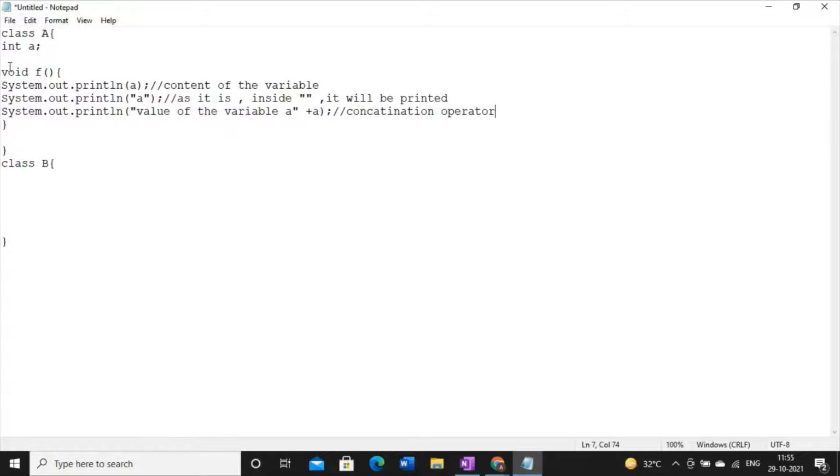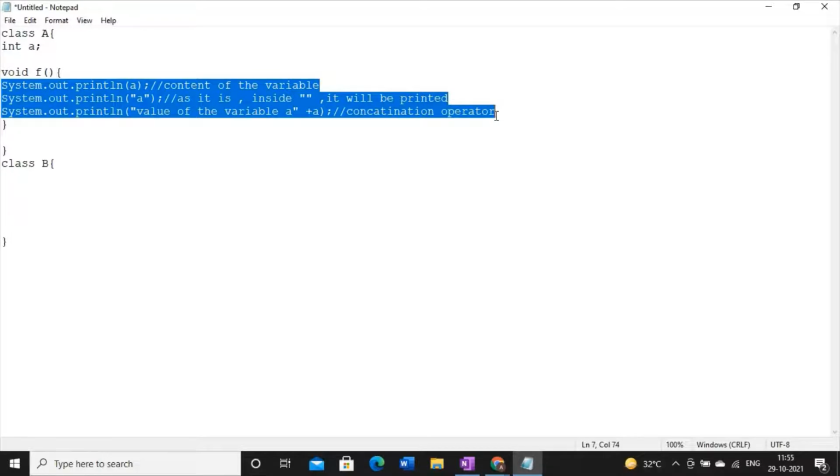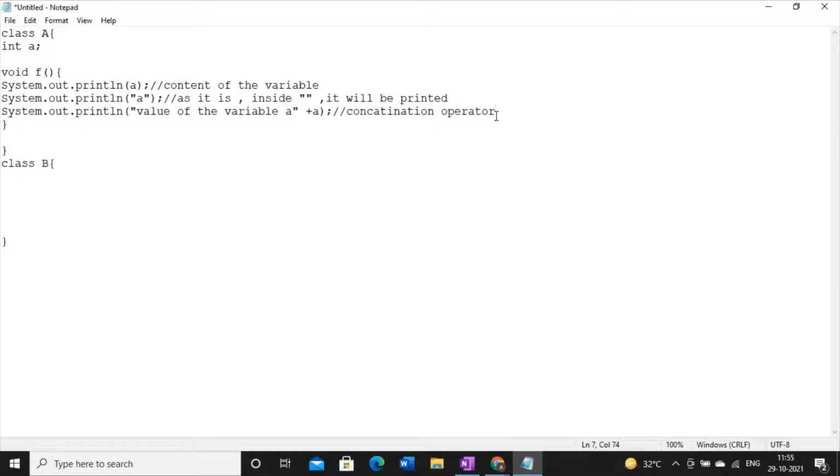So any kind of syntax you can use in Java. But there is another question which is a little bit tricky. Is it always correct to write println, or can I write System.out.print? So I will also write this syntax.